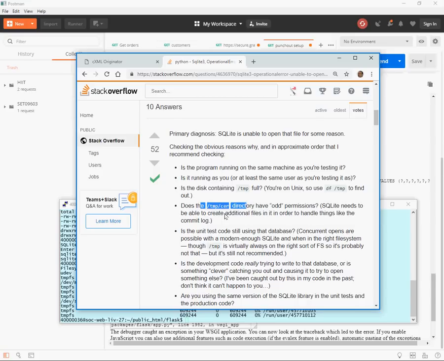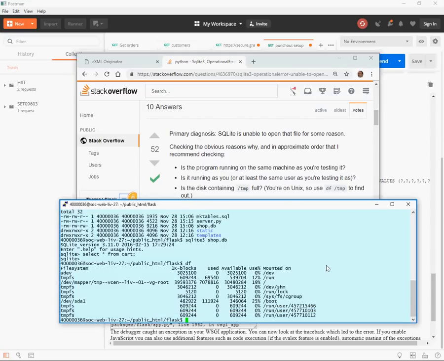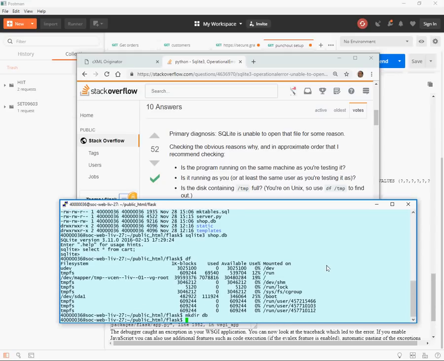SQLite needs to be able to create additional files in order to handle things like a commit log. Oh, that's interesting. So SQLite needs to have permission. Okay, now I don't want to give permission to everything. I don't want to give permission to my directory. So let's make a directory, especially for temporary files. And I will give write access